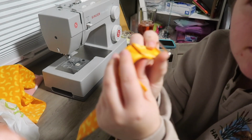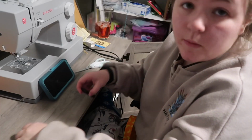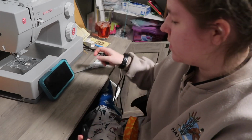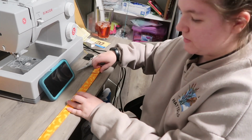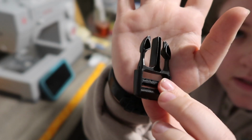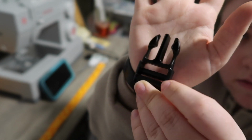And now next what we're going to do is lay it wrong side up. So the wrong side is with this extra fabric sticking up. This is the side that's gonna go towards the dog's neck. Okay, what you're gonna do is you're gonna take your buckle piece, take it apart, and you're gonna take the prong end, and like I said, laying it wrong side facing up, so that little extra fabric is on this side. You're going to take, see, this is the wrong side because it's like open. This is the right side of the buckle because it's closed. Wrong side,